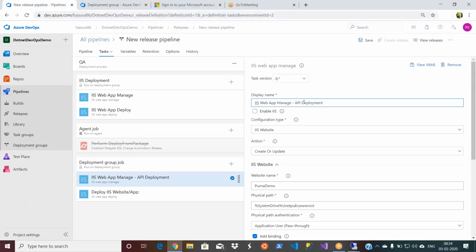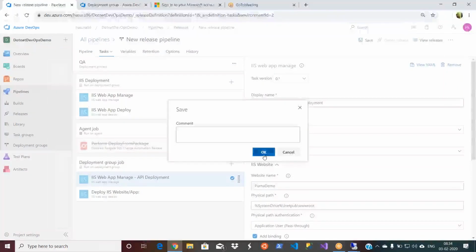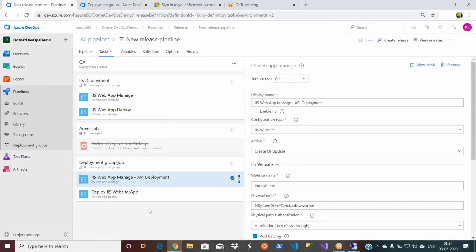This is to identify. That's it. Nothing other than that. Let's save it. So all you need to look at is the bottom right, the small letters, that is actually the name of your task. The top one is the display name that you are giving. That's it.